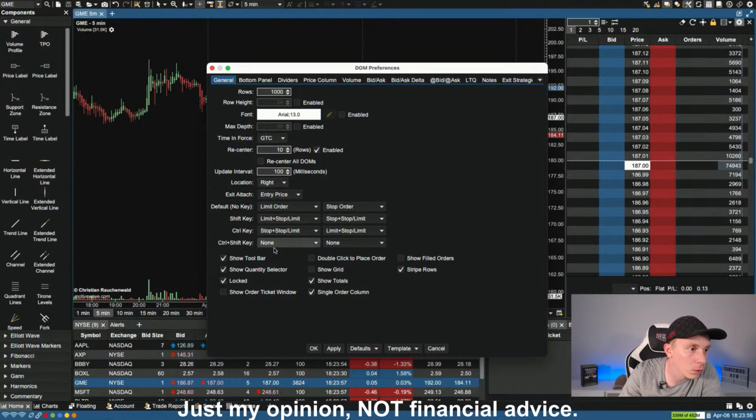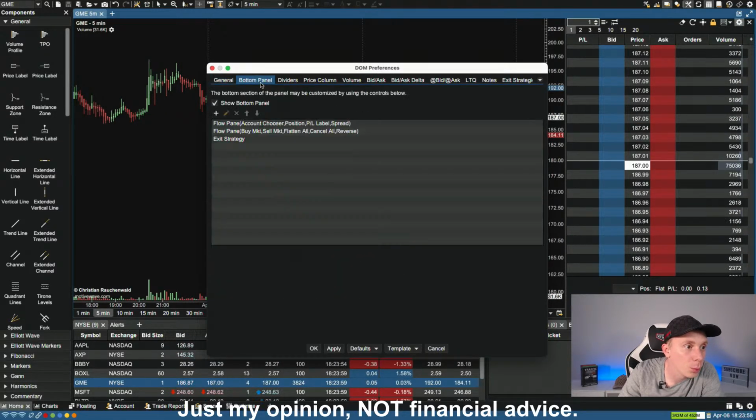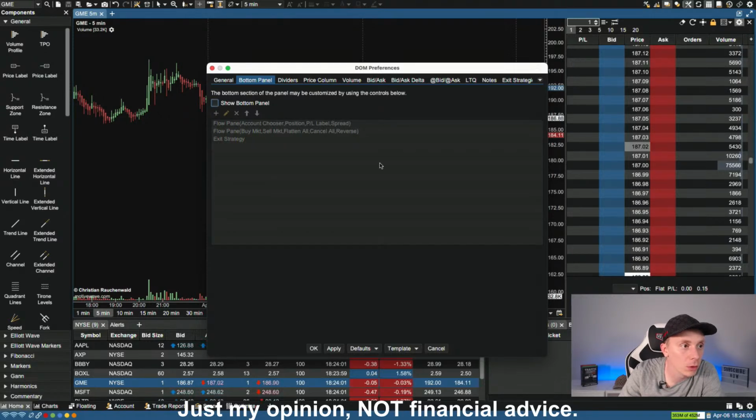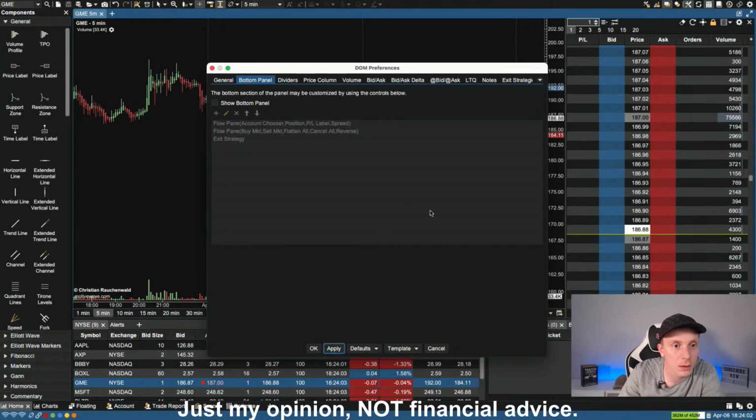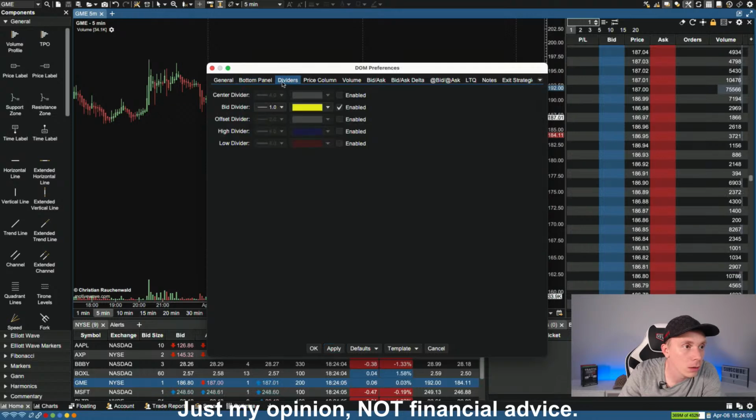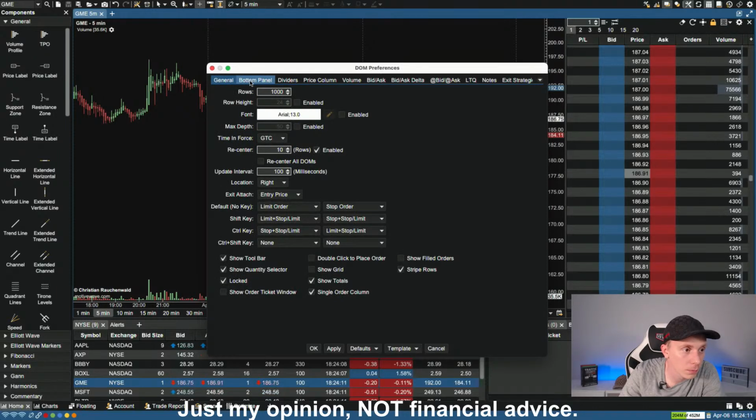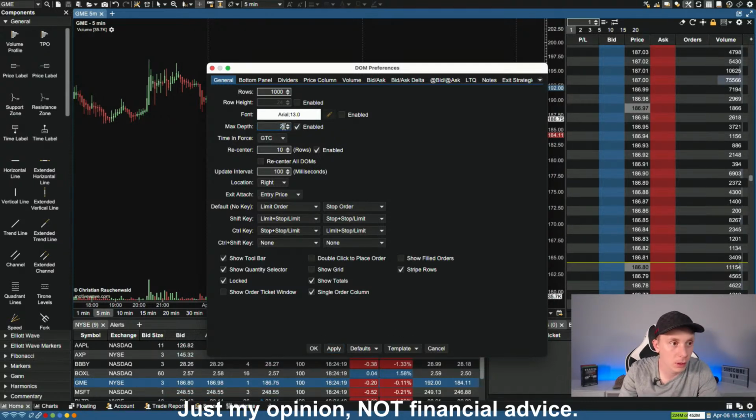Cool, cool. So bottom panel, we don't need that because we don't have a broker integration, so that can disappear. And then dividers, bid divider in yellow. Yeah, nobody cares. General, there should be an auto scroller. So max depth, yeah, apply. Maybe 20, so that there is not